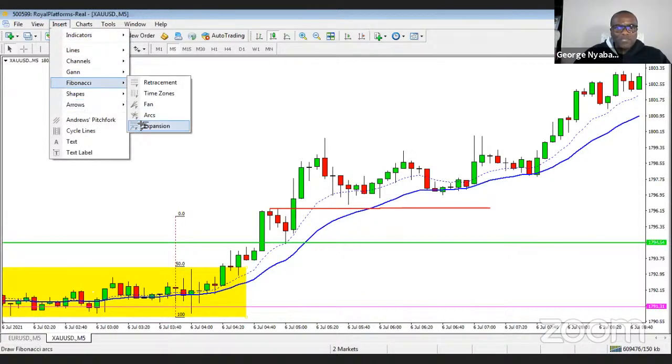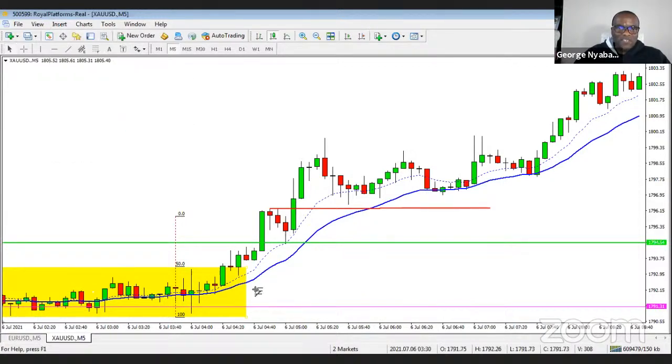So we've got to start putting some of these things in. So where would the first leg have started? First leg started somewhere within here. Go to that. Okay, this stapled. And first leg, pull back, go to here, and there is a second leg. Okay, so no surprise that there is that kind of a reaction taking place there. Then we got the breakout. Now we got to think, okay, is this the end of this particular move? Is that my trend line there? Okay, yes, we have a trend line.